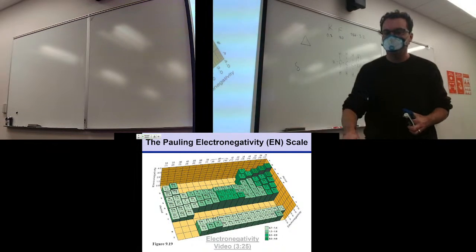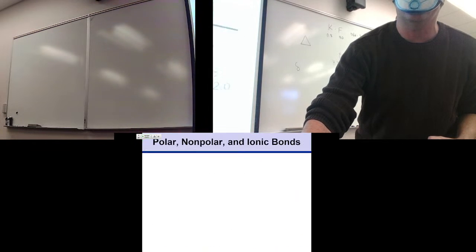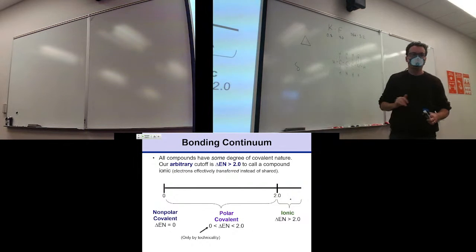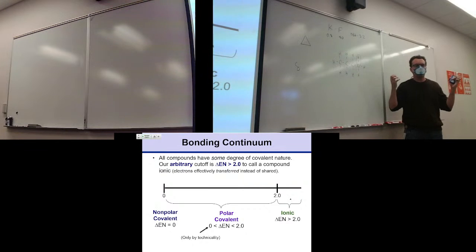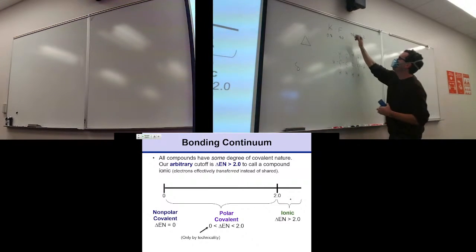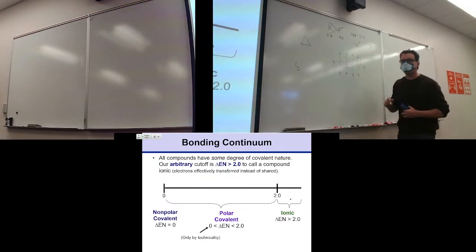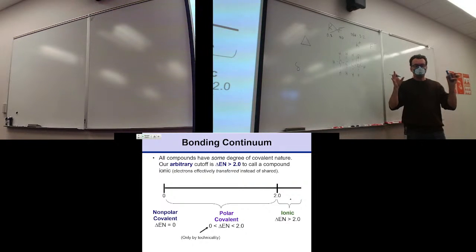So the idea here is when the difference in electronegativity is so high that it's above 2, you can't even make a covalent bond. The fluorine just rips the electron away from the potassium, and you make F minus and K plus, and that's it. They exist as ions. They're attracted to each other because of the charge, but they are free to go around wherever they want. If you dissolve this in a solution, for instance,